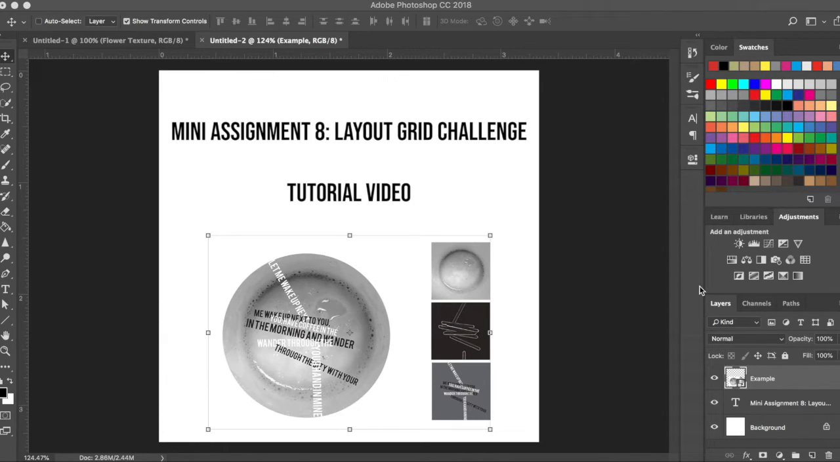Hello everyone, so this is the video tutorial for mini assignment 8, the layout grid challenge. I have attached the example here, which is actually on the assignment itself in web courses. So pretty much what we're going to do is get to this final product here that has